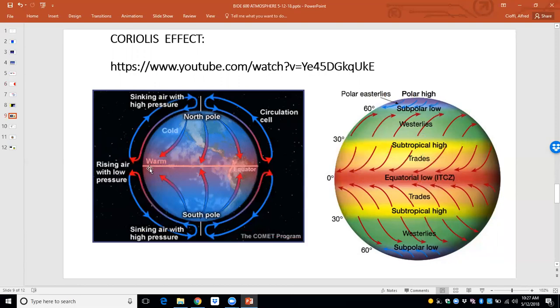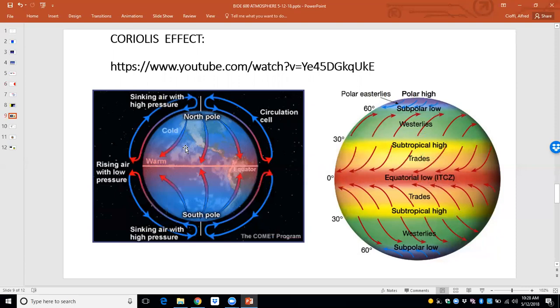You see how it's shown warmer at the equator, with the red color, because I associate red with warm, and we associate blue with cold. So we're going to look now, because this is going to be the basis for the Coriolis. First, the convection. Coriolis is going to be a combination of 2 forces.